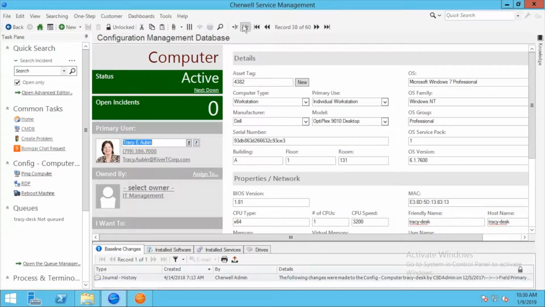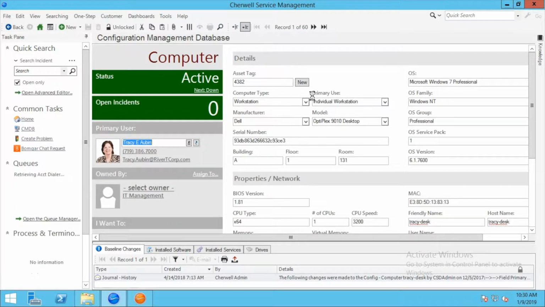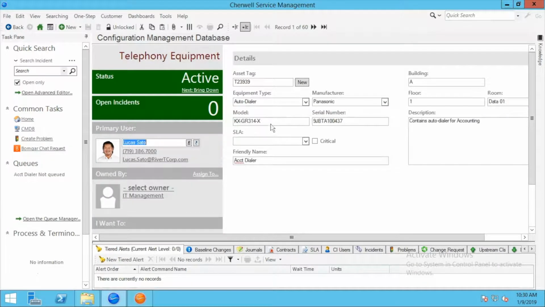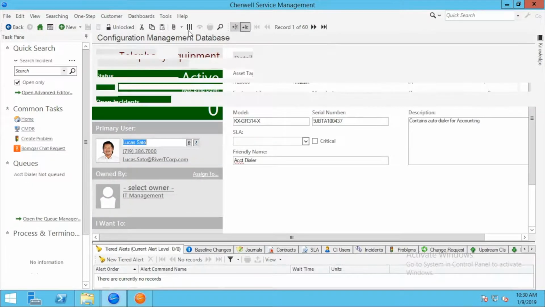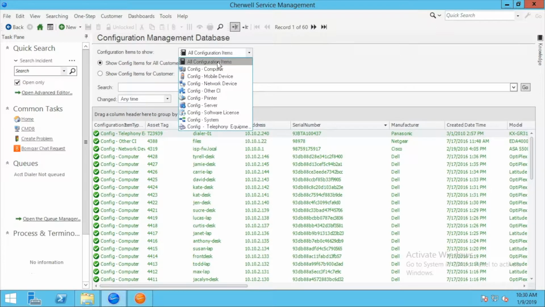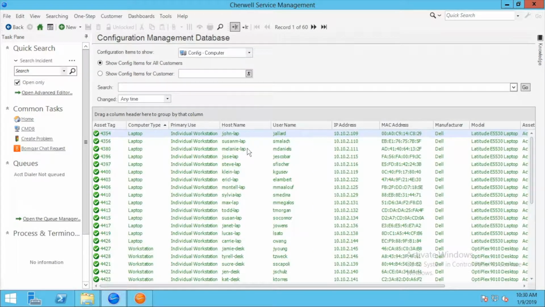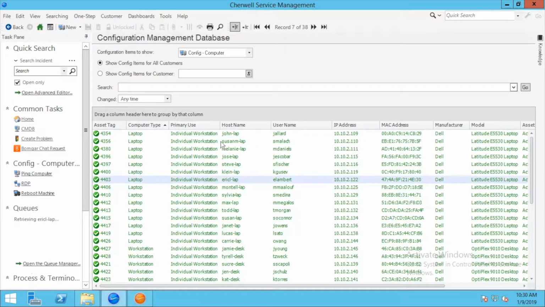Today we're going to talk about indexes, specifically unique indexes that use more than one field. So I have the CMDB pulled up in front of me here, and you'll notice that there's a lot of different records in it, and there's a lot of different field types that are in each individual record. So if I go into one of these,